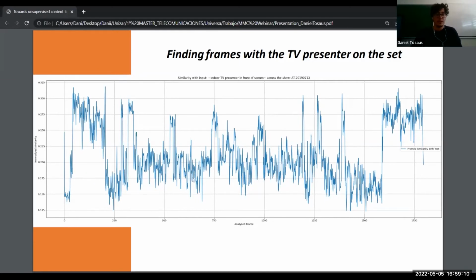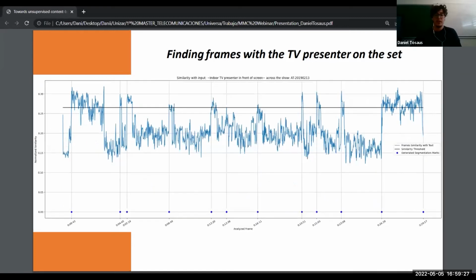So doing this, we could establish a threshold, and with this threshold, we can implement a detector. This detector could allow us to know where or when the TV set shows up in the program, and give us those segmentation marks, those segmentation points that we could use to know where or when a part of the program starts or ends. Just for comparison purposes, I have added here the marks that were manually added to this program,